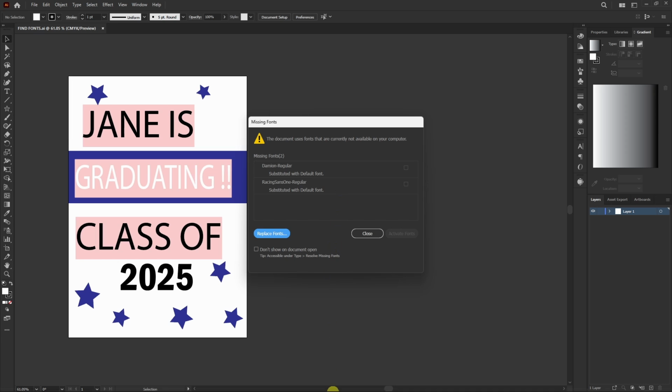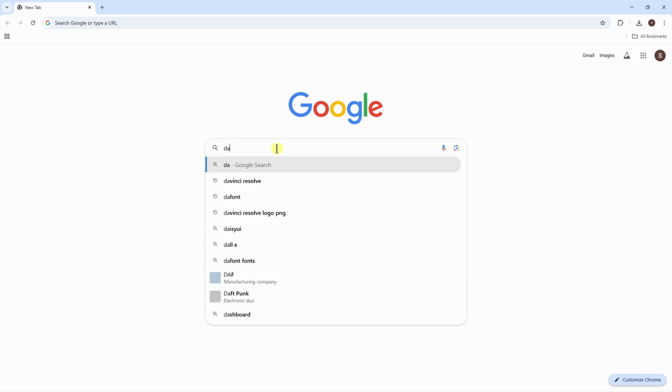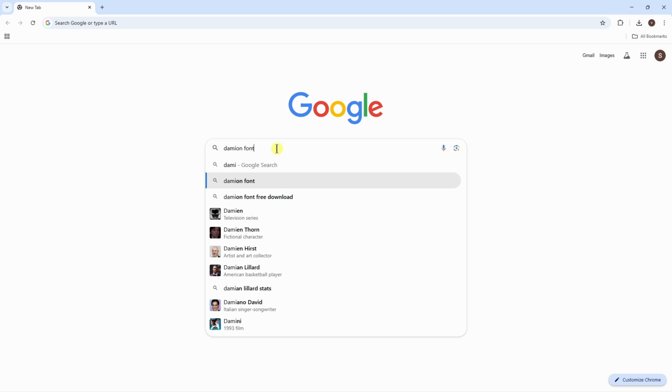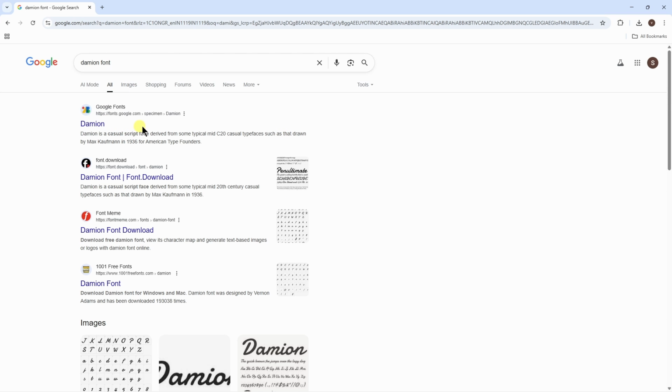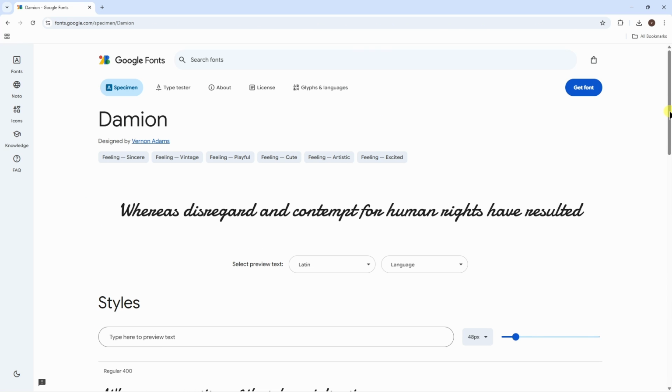So we're gonna look for the fonts on Google. So just open a browser and type the fonts. First for Damien font, you can just type something like this, and here you will see that there are a couple of sites which have this font. So we'll just click on the first site, and it is from Google Fonts,